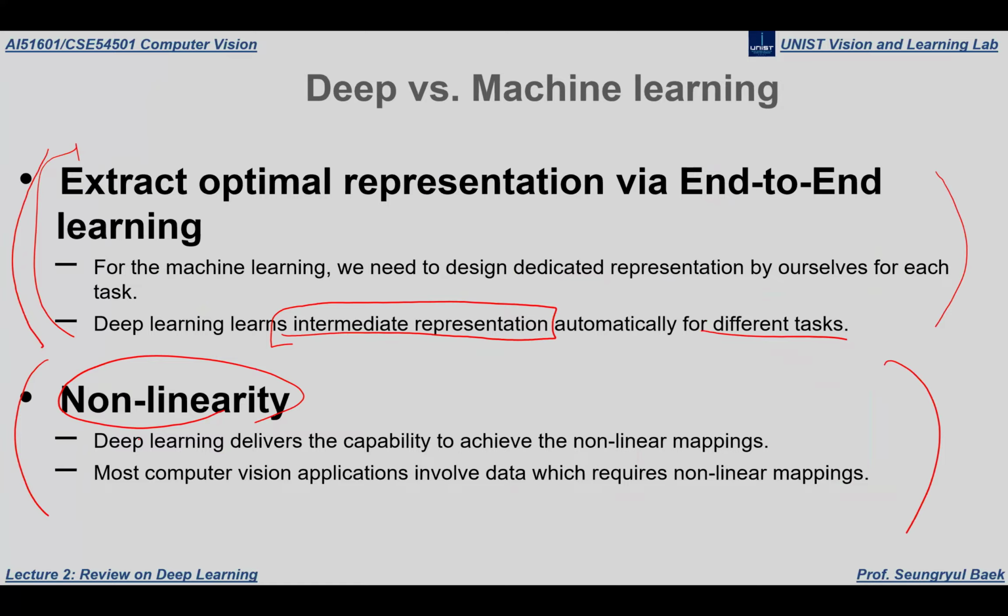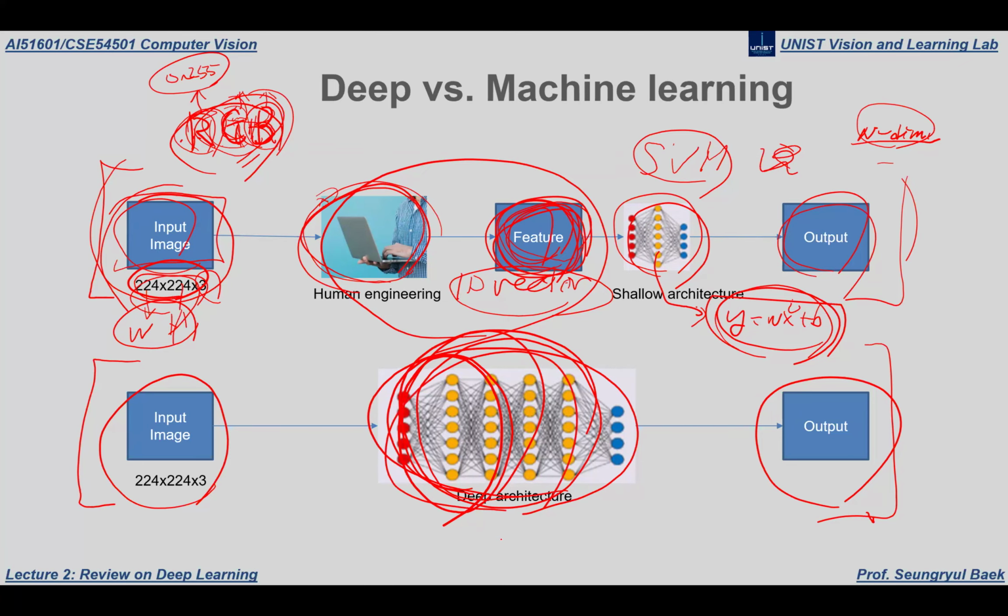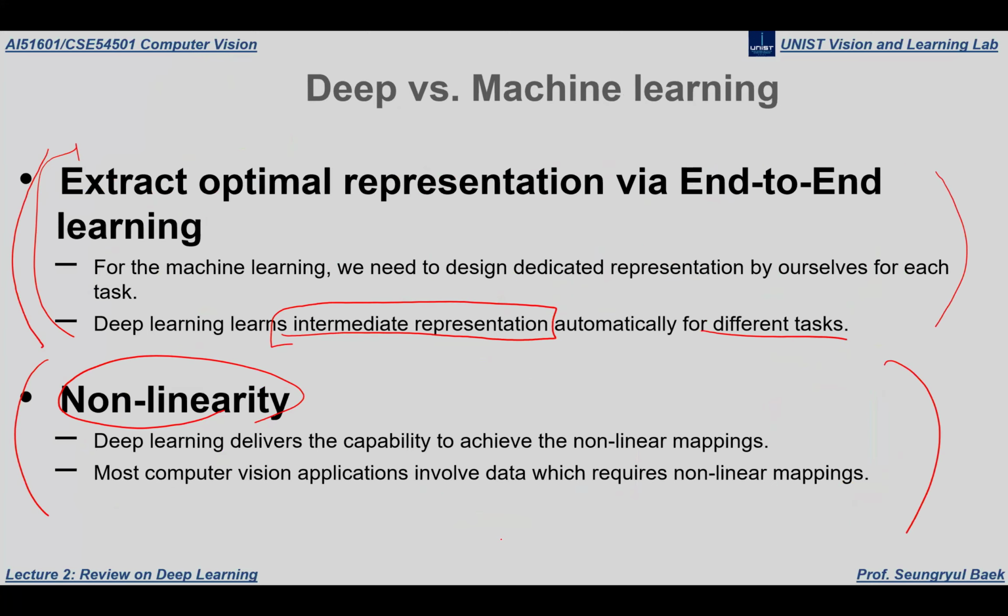If the function is too simple, we can only represent the linear relationship between input and output. But because we stack multiple layers, the network itself now has the capability to represent more nonlinear relationships between inputs and outputs. Okay, that's also the other important reason why the deep architectures are better than the shallow learning